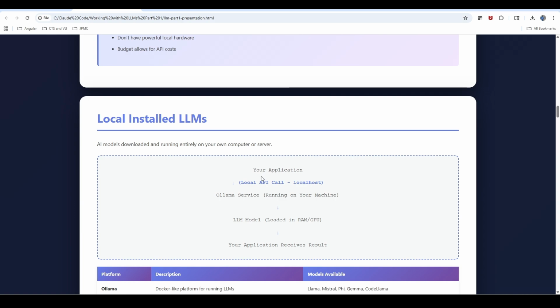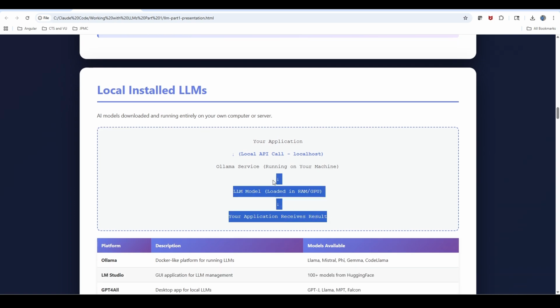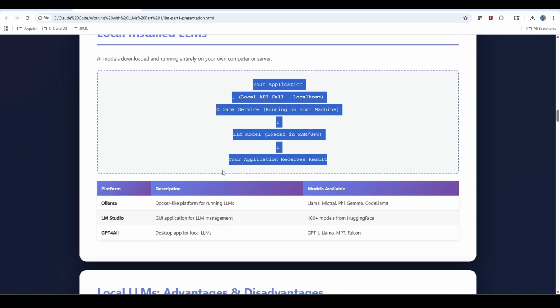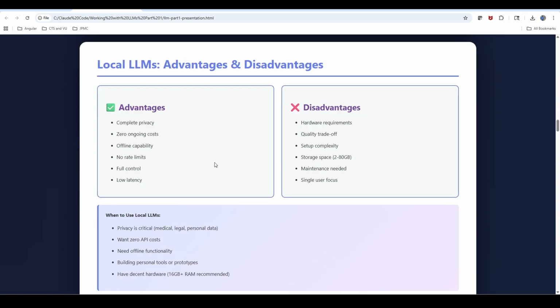For example, in this example, the local API calls localhost, and then it goes to our local model, and then you are able to get the result. An example of a locally installed model is Ollama. It's from Meta, and they are offering a kind of Docker-like way to run models locally. So let's talk about the pros and cons of local models, right?